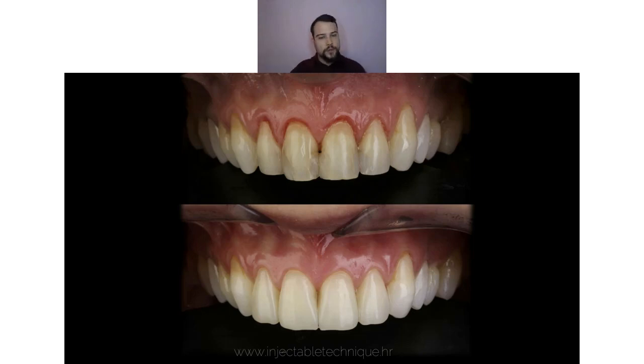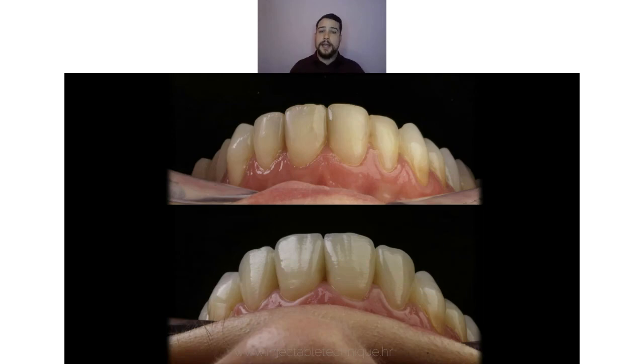There are some rules that we need to respect, without leaving some concavities because of air trapping and so on. But for example, this is a case where we did it with quite big defects of the interproximal surfaces. Can we replace old composite veneers with this technique? Yes, of course, maybe even with better morphology. As you can see on top, we had old composite veneers which were replaced with the bottom one, which I think looks